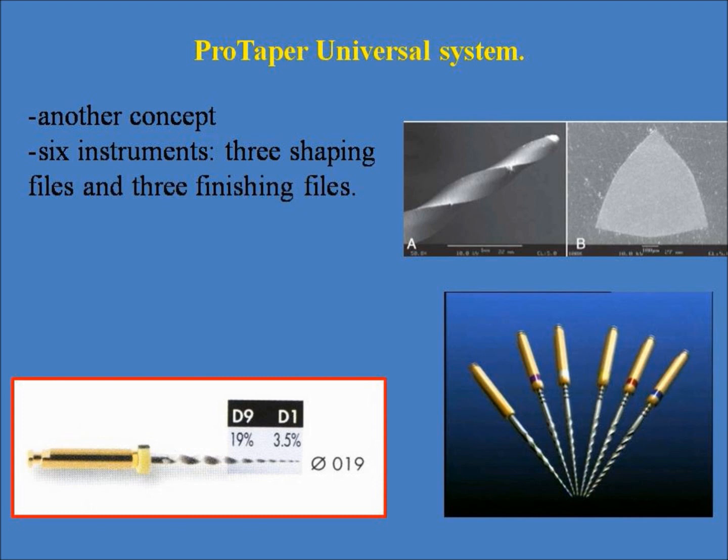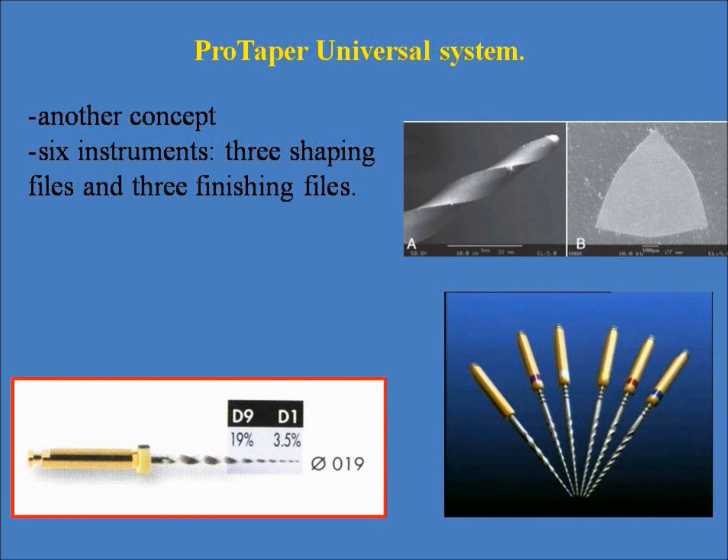The difference in design of this system is the varying tapers along the segment's long axis. The 3 shaping files have tapers that increase coronally, and the reverse pattern is seen in the finishing files. Shaping files S1 and S2 have a tip diameter of 0.185 mm and 0.2 mm respectively, with 14 mm long cutting blades. The diameter of these files at D14 is 1.2 and